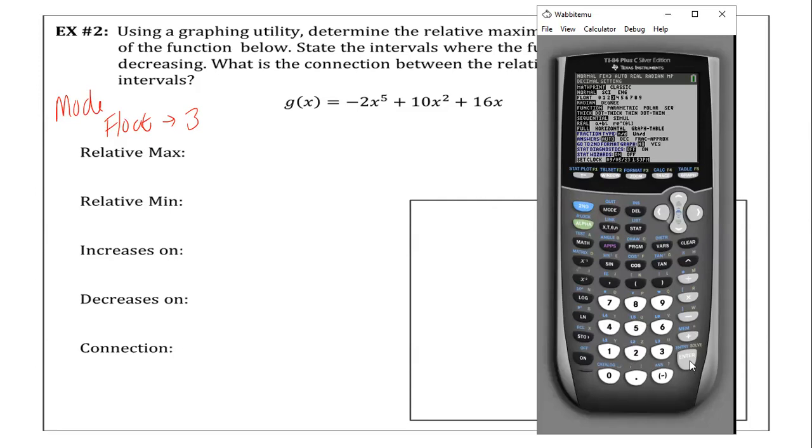Okay. So now we're going to go ahead and graph. How do I graph? Press Y equals. I go to Y equals, and I'm going to type in what I'm graphing. So we are graphing that right there, negative 2x to the 5th, plus 10x squared, plus